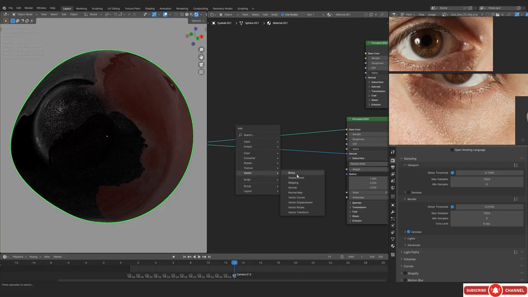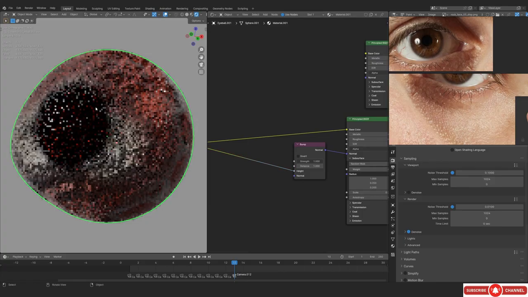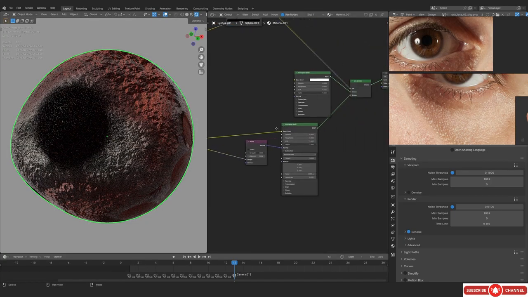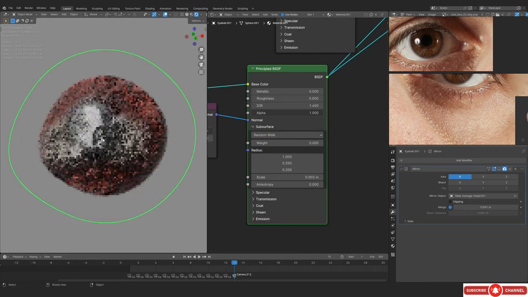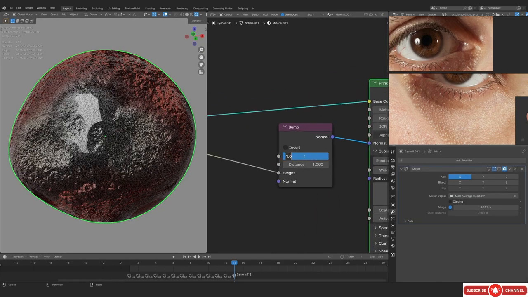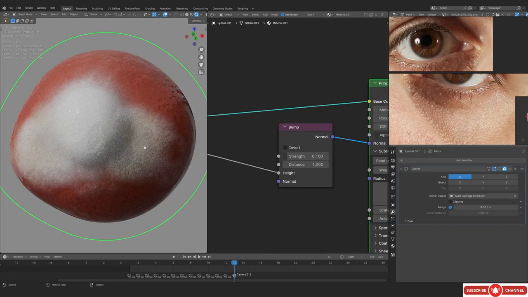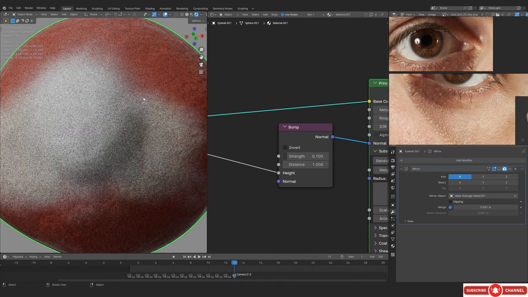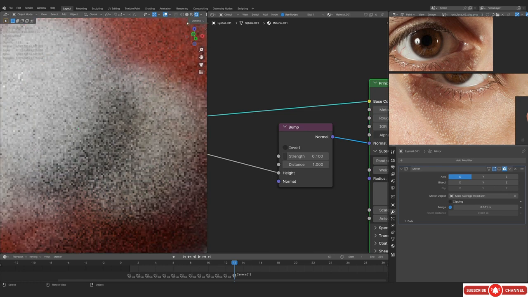That's why you can see that I literally just put this into the normal, and now we're gonna be just putting this through a bump node, and it is gonna go into the bump. So this is the bump that we are getting. Let's just invert it and decrease the strength. By the way, I think Blender Guru said that decreasing the distance is a little bit more accurate. But if it is working for you, you can actually decrease the strength as well. Totally up to you.